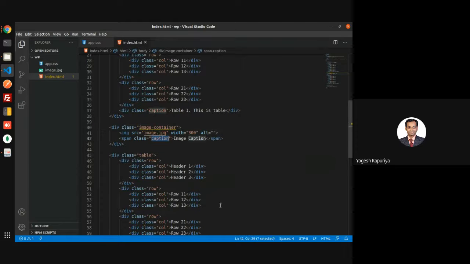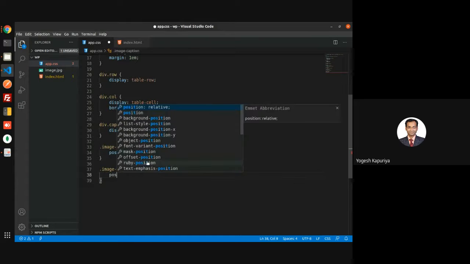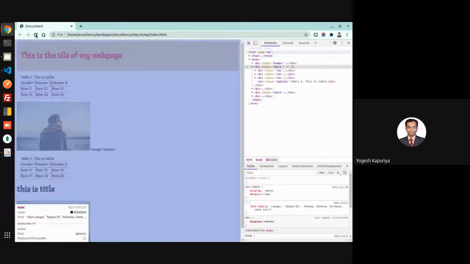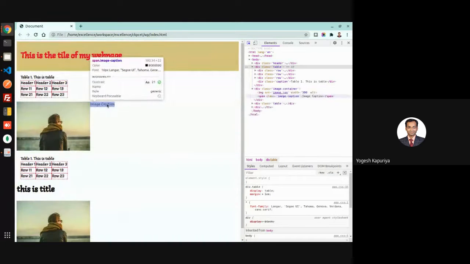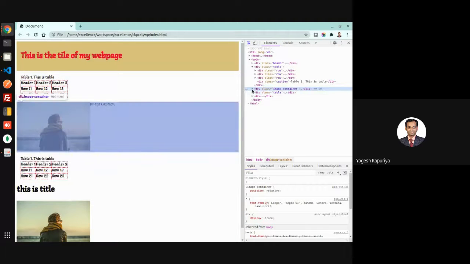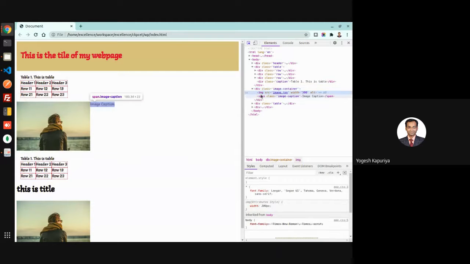And then I have another class, image caption, in which I want its position to be relative to its parent element. So then I can say position absolute. Now if you see, okay, so this is my image container. The position is relative and it has two elements. First is image and second is span.